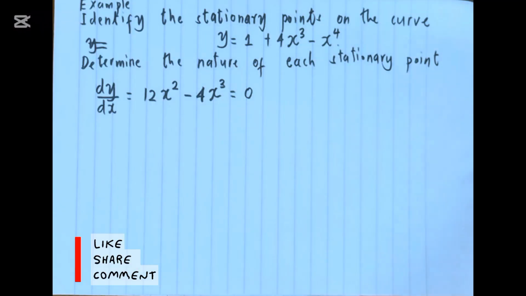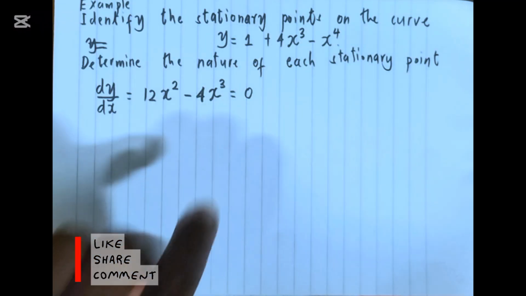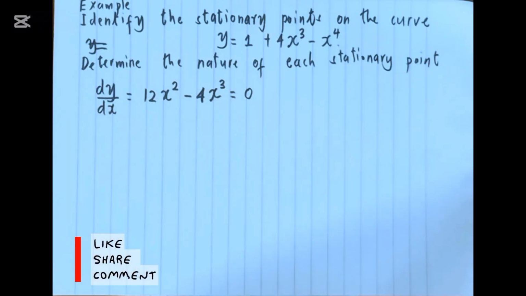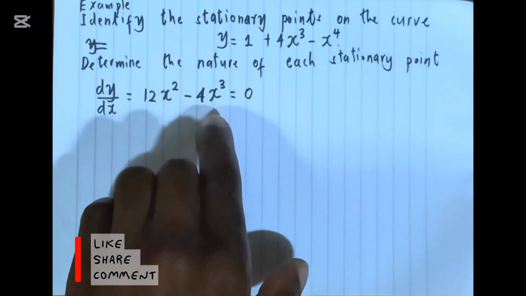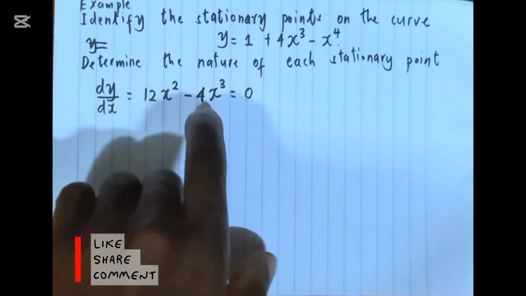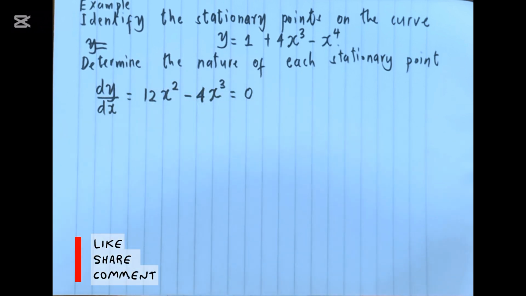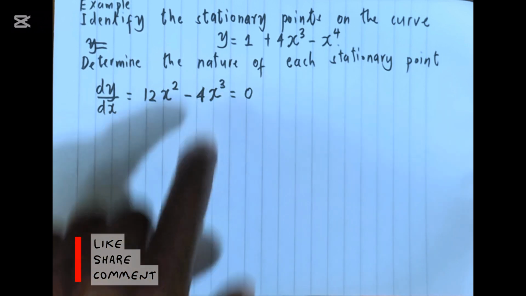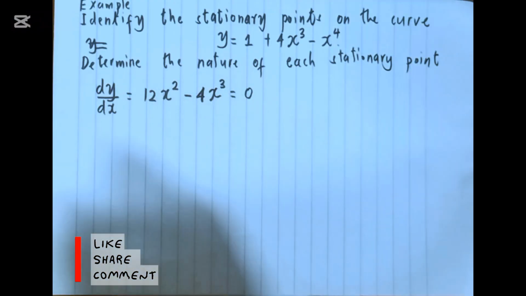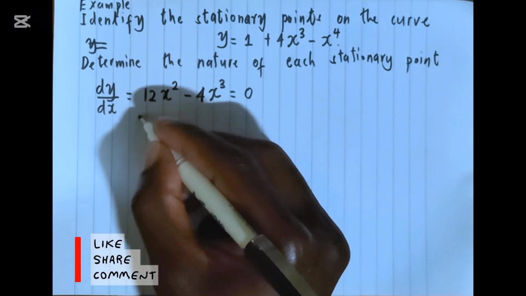For us to find the stationary points, we are supposed to equate it to 0. So I want to look at the equation we are having here, which is equated to 0. And note that there is a common factor. We have 4, which can divide both 12 and negative 4, and we are having x squared and x cubed here, so we're going to pick the one with the lowest index. So to factorize this, we basically going to have